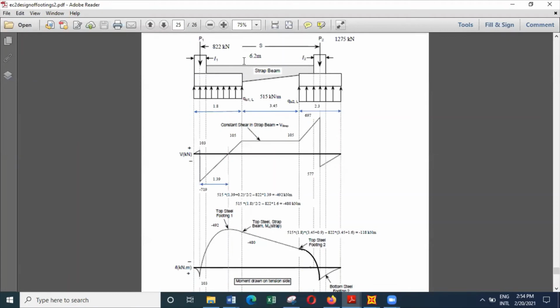So what you have to see is whether the shear failure can occur somewhere here, and here you can see the shear force is 105, and if you look at the shear stress, 105 divided by 400 divided by 840, you can see the shear stress is 0.312, which is actually lower than